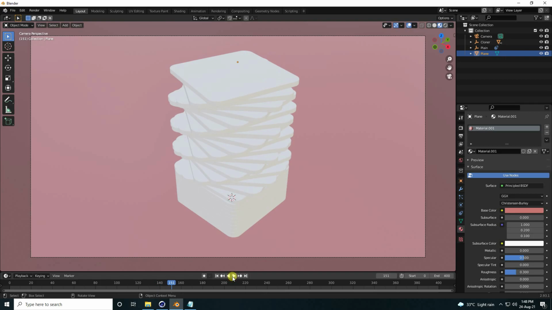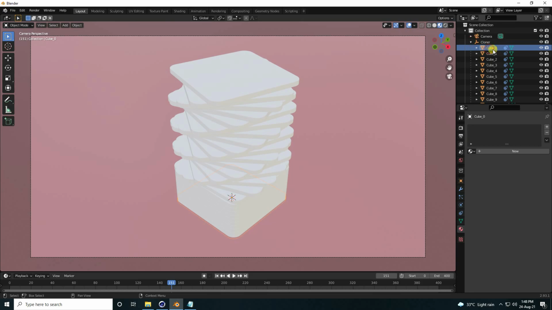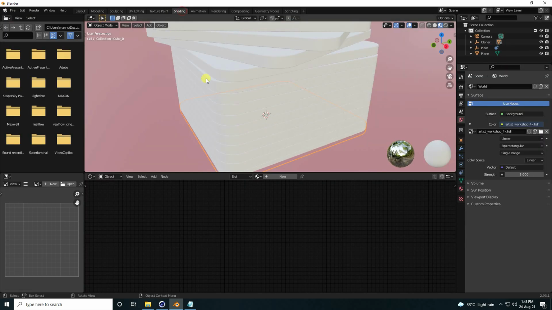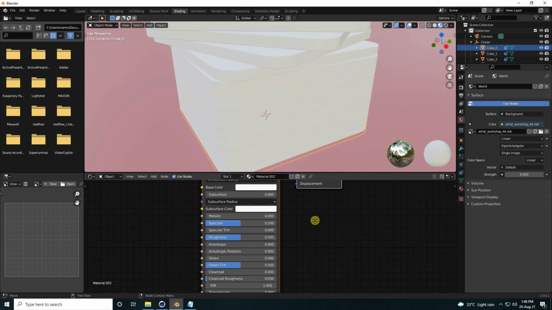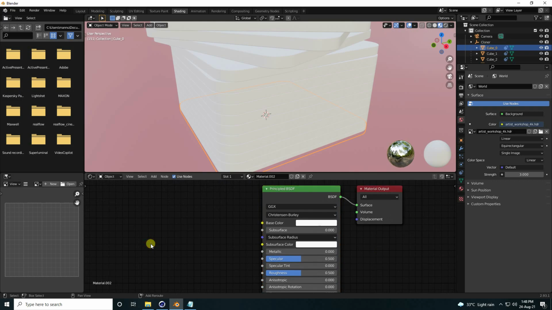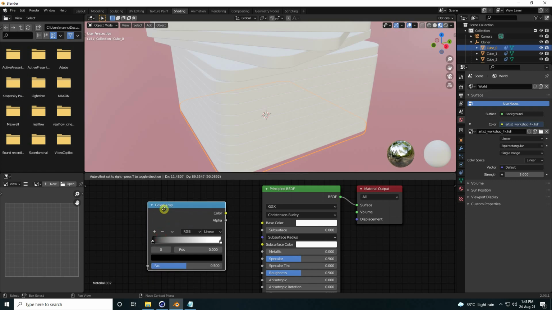Okay, so guys, next one I create material for this cube. This one cube, right? Okay, so guys, I go on here, shading, this one, and select your first cube, this one, Cube_0, and create new material. This one, that's my material. And now guys, holding Shift key and press A, and scale size I like, type color ramp. Yeah, and this color connect with base color.